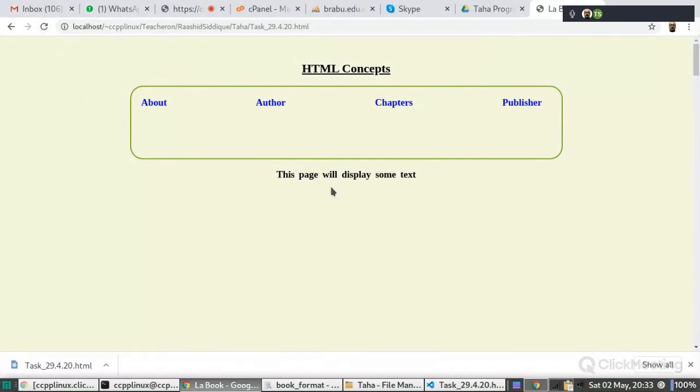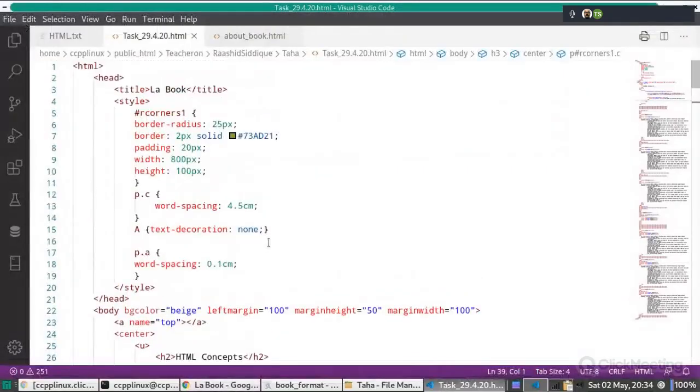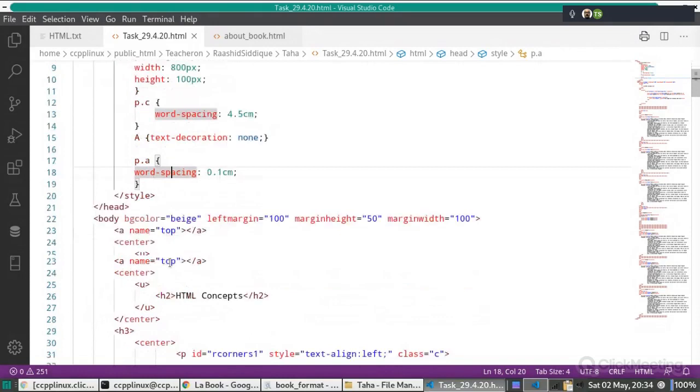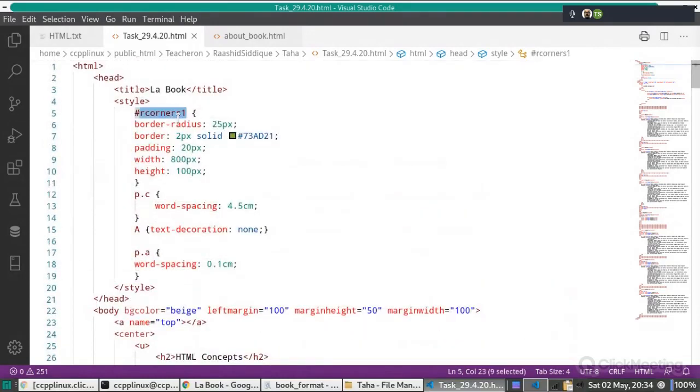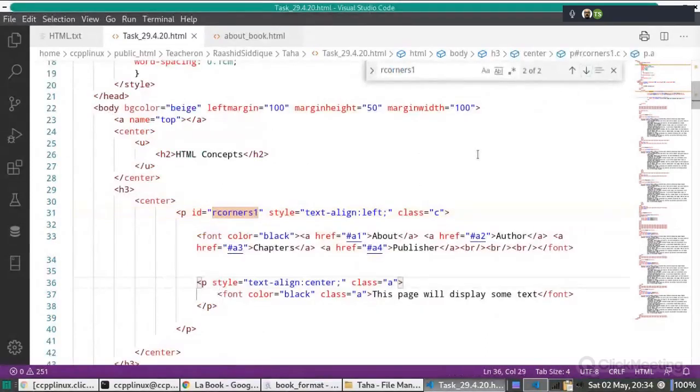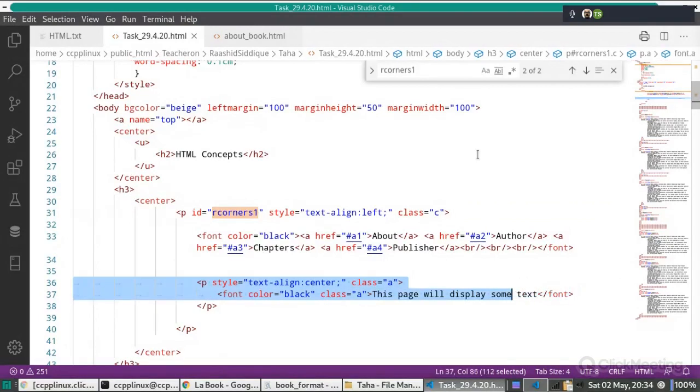Still it is not working. Why is it outside? That means it depends on what class you have used. It all depends on what spacing is there. I did the 0.1 centimeter word spacing so I could try to fit it in there, but it still didn't work. So I used 2 classes instead. Let us first of all remove this style tag and this class. Simply use this text.